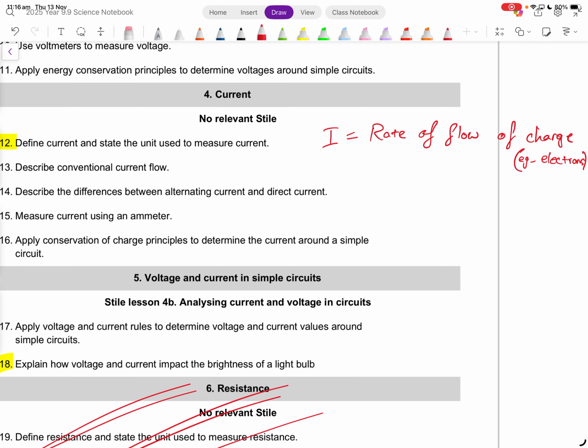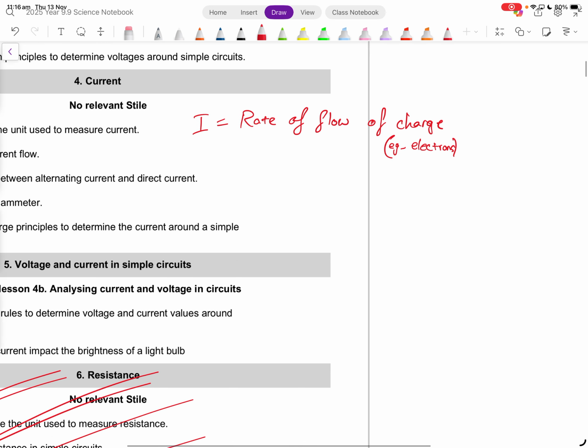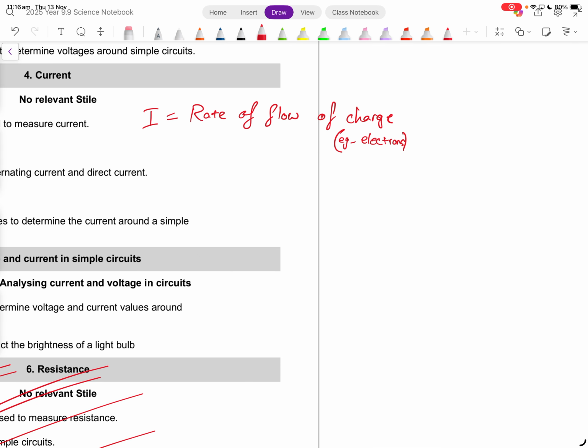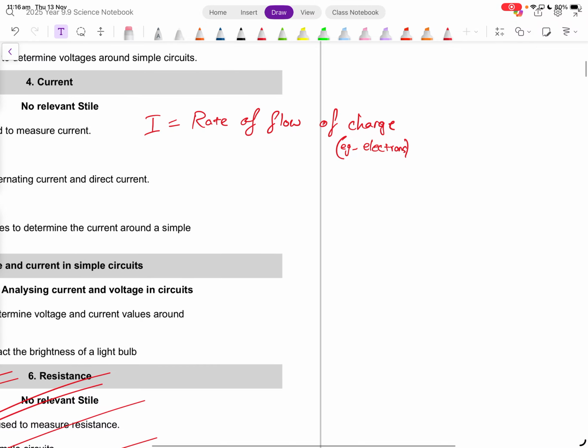Now, when we're talking about charge, it has a very particular unit. Does anyone know what the unit is for charge? Is it the same as current? Oh, sorry, the unit for current, yes. Amperes? Yeah. Okay. Oh, sorry, what am I thinking? I'm getting confused here. Frequency for some reason was stuck in my head and I was about to say hertz. So good pickup, yes. So the rate of flow of charge is our,